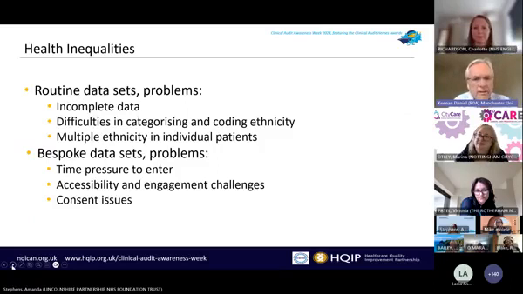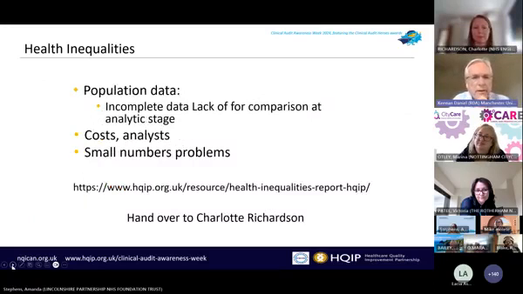If you just hit the next slide, thanks. Then the other areas that we hit on, population data. So when you're running an audit and you're getting results coming out, you want to be getting back to the baseline. So what is the situation in the United Kingdom, Great Britain, England, whatever area you're looking at? And it was actually not that easy to get complete data for comparison.